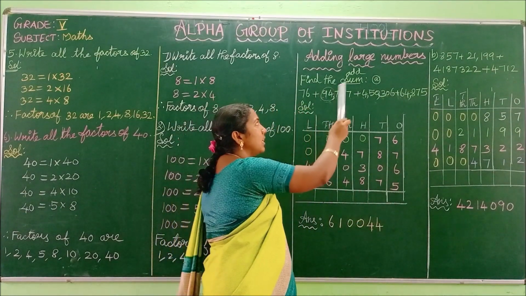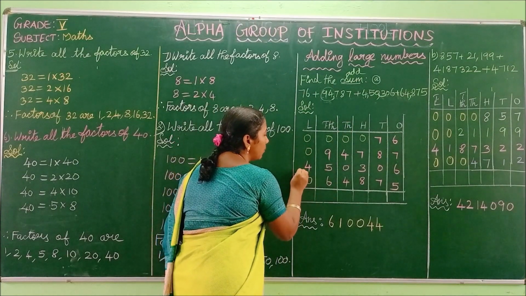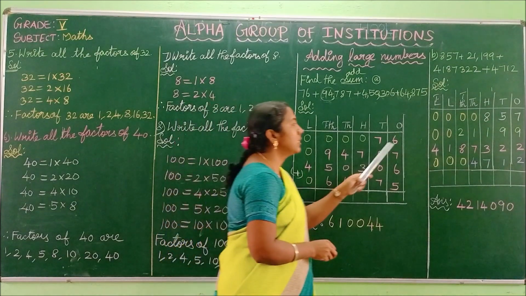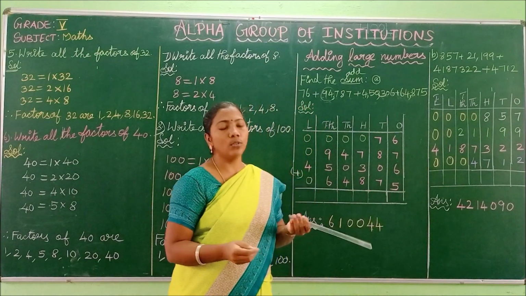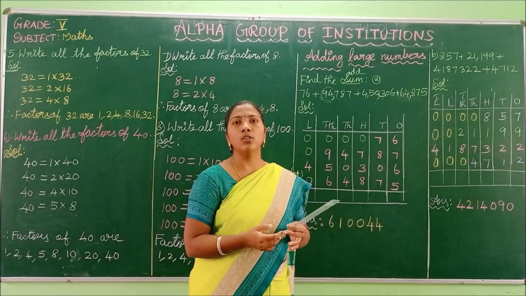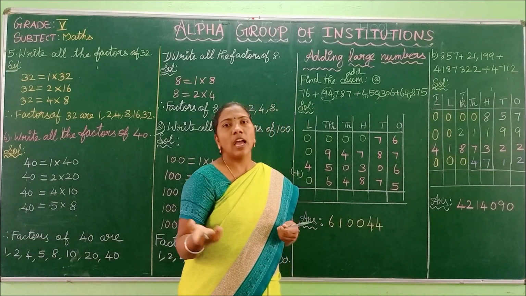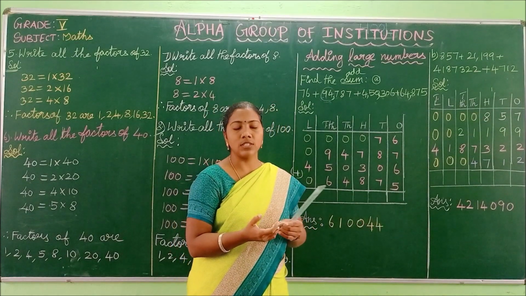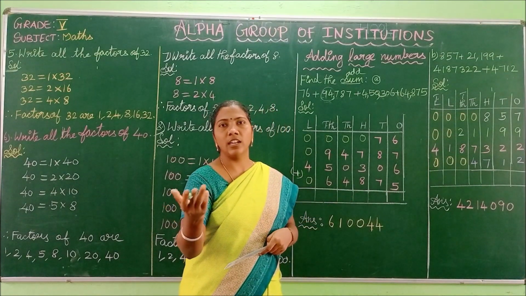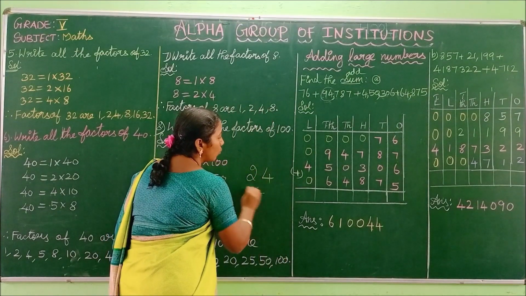And the question they are asking is, find the sum. Sum means you have to add. So you have to put the plus symbol here. Now we are going to add these numbers. How can you add? 6 plus 7. 6 in the mind, 7 on your hand. After 6: 7, 8, 9, 10, 11, 12, 13. So 13. After 13 we have 14, 15, 16, 17, 18, 19. After 19: 20, 21, 22, 23, 24. See here, we get 24.